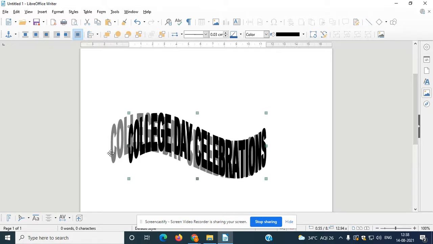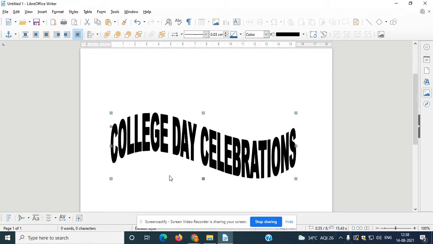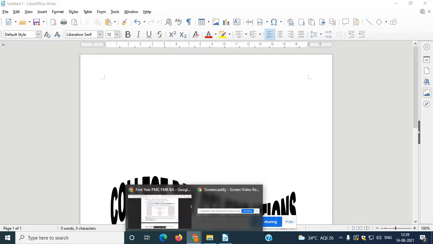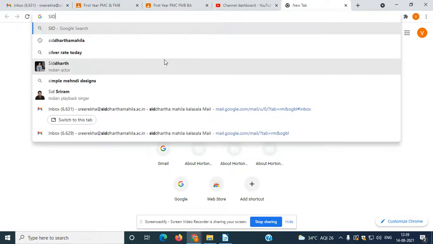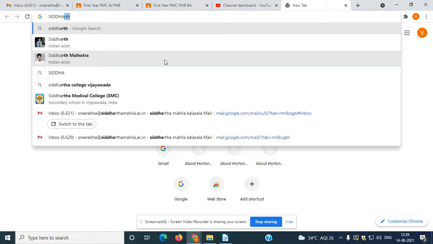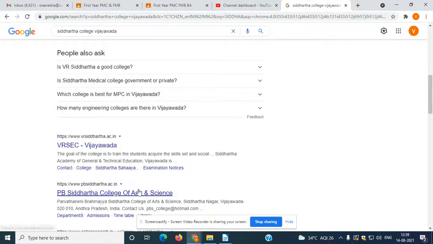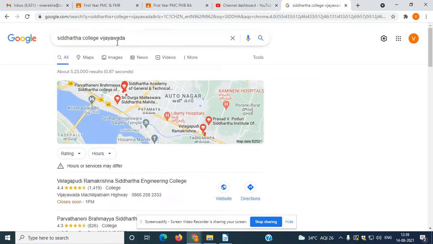So after selecting this, what you need to do? You have placed the text using font work. Now you need to place some image. For placing an image, you can just go to our college website and you can select our logo.